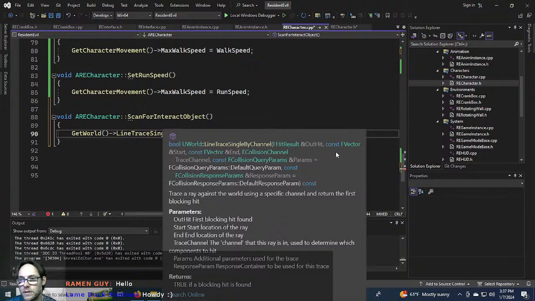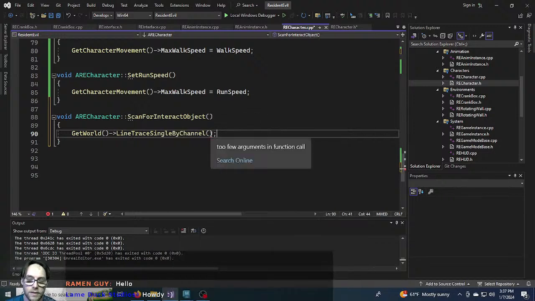So we need a hit result. We need an F vector start location and an ending location. We need to specify the collision channel. We need to have our collision parameters set. And we need to have the response parameters. You're like, what? So all these things we can define almost directly in here, but some things we should just make our own. So I'm going to come over here,